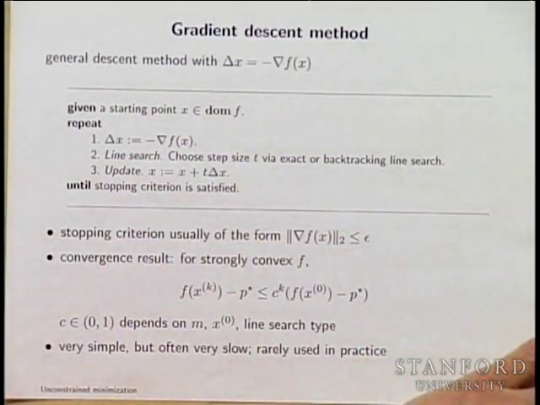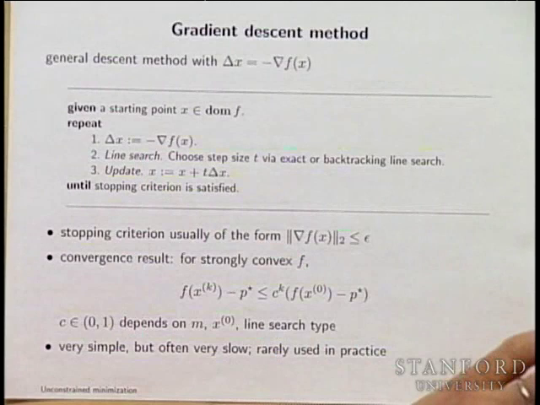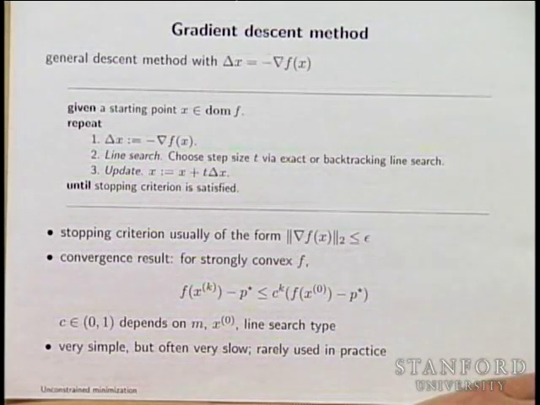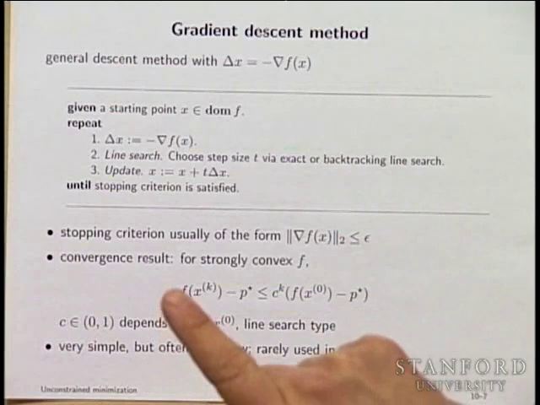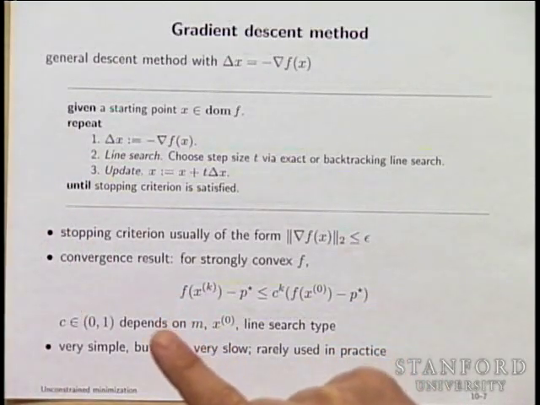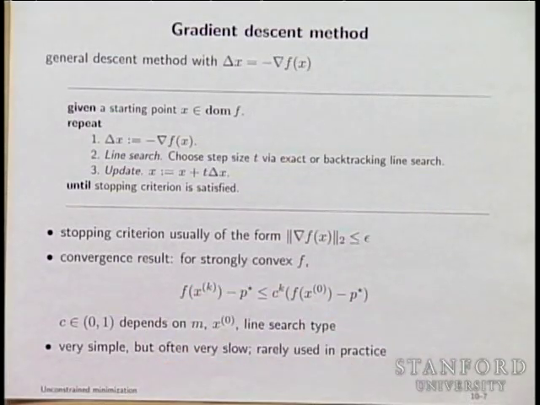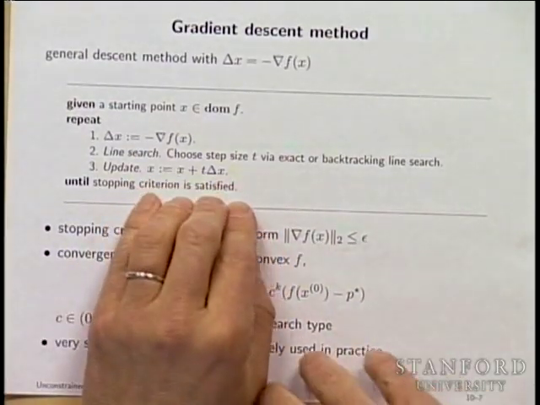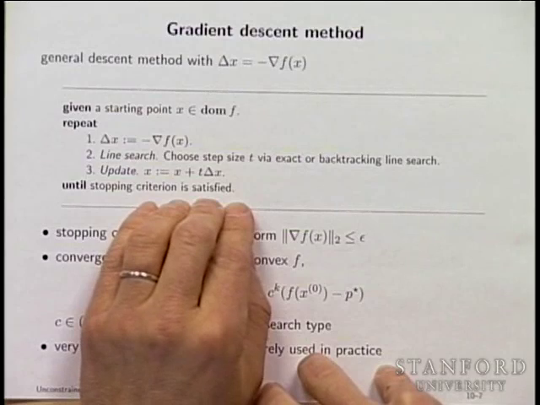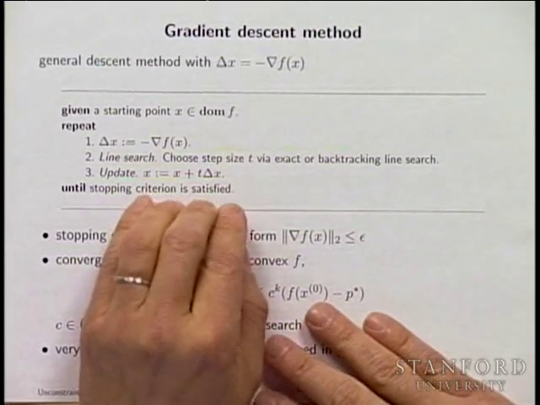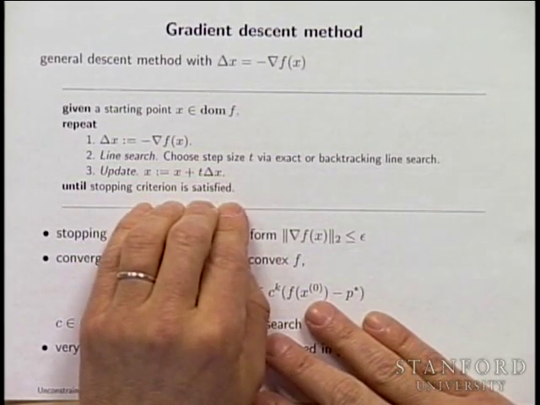By the way, this is a classic greedy algorithm in the computer science sense, because basically you want to achieve a goal, which is to minimize f, and instead of considering what's going to happen in the future, you simply look at that iteration and make the maximum progress towards your goal. This is literally the greedy algorithm for minimization. Okay. Now, once you put it in that context, you can imagine it might not be a good idea,